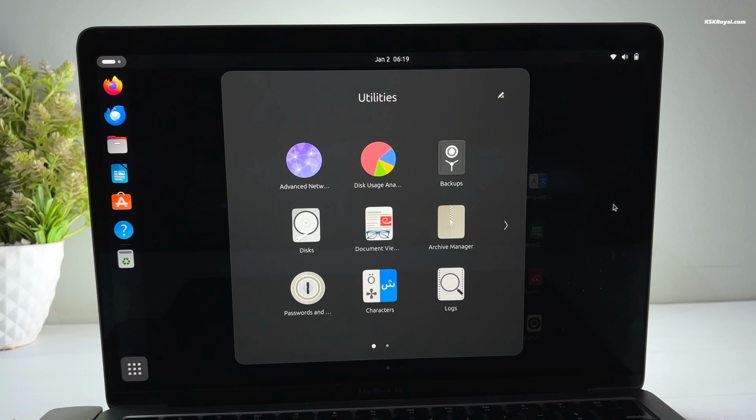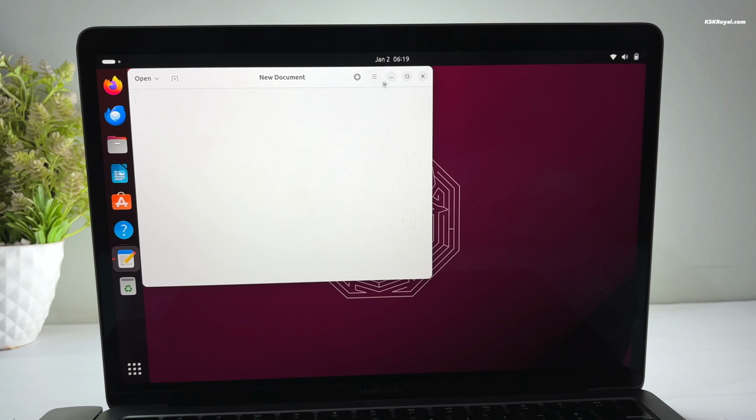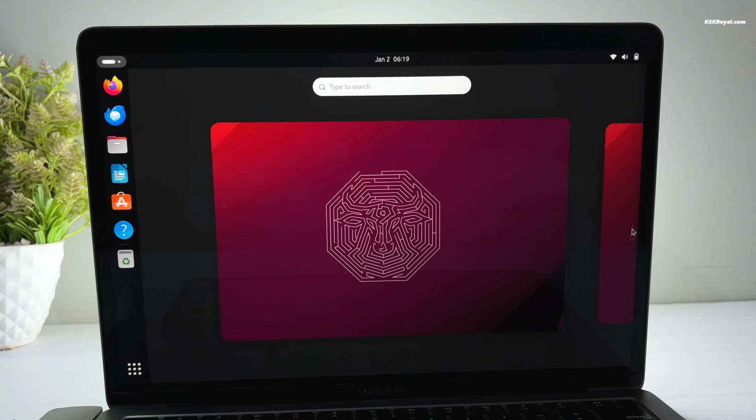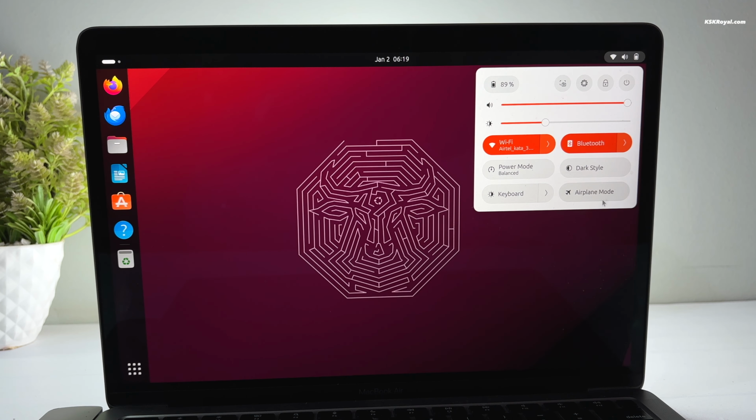This is the latest Ubuntu Linux running on Apple Silicon Mac natively. In this video, I will show you how to install Ubuntu 23.10 on M1 and M2 Macs. This is a step-by-step installation tutorial, so make sure to watch the video till the end to avoid any